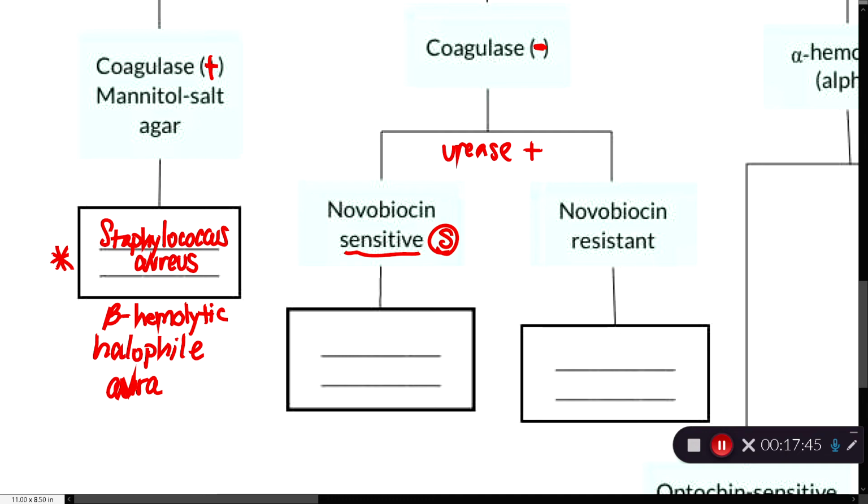It's also known for its biofilm formation in long-term IV catheters. It can also be associated, although it's not the number one cause, with neonatal sepsis or peritonitis in patients with renal failure, especially if those patients are undergoing dialysis